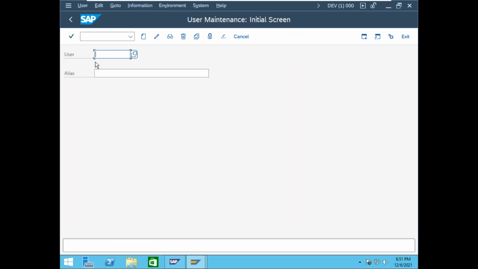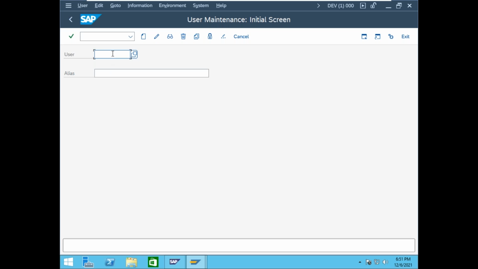Here you want to enter the username. In the user input field, you enter the username. So how many ways are there to create a user? There are two ways. Directly you create a user, and by copying also you can create your user.